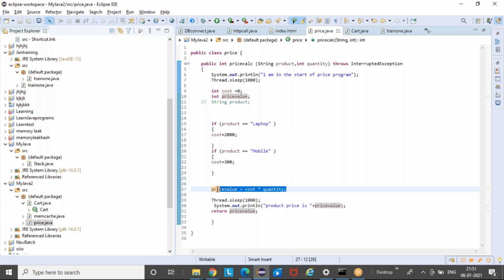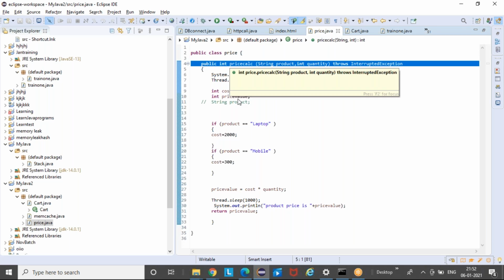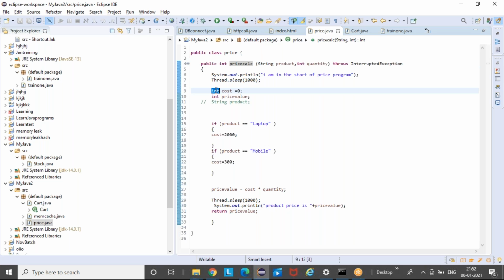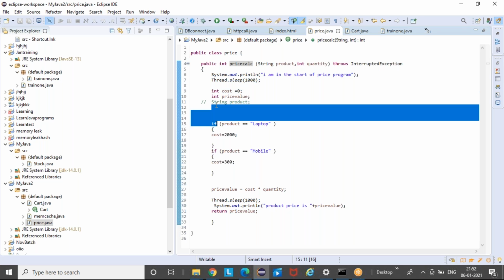I can do an operation directly, or I can put it inside a method also. So any class file is going to have a method. Price calculation is your main method here. So every class file will have a method, and then it will have some data types, integer or string, whatever it is.